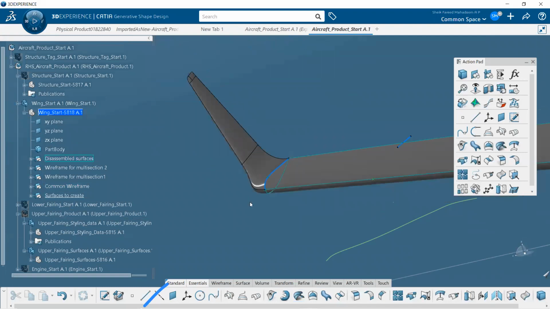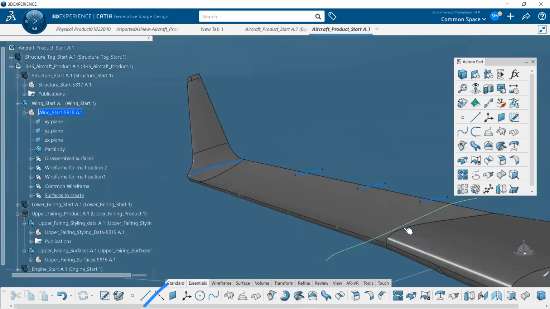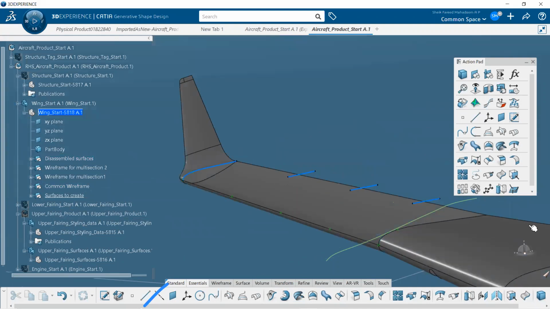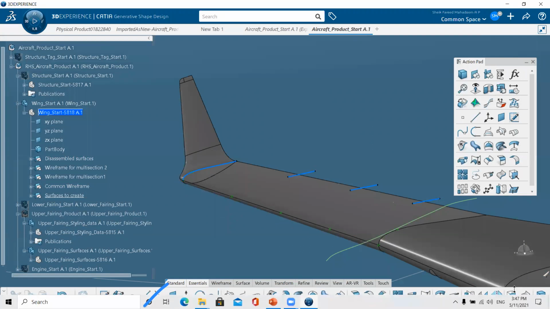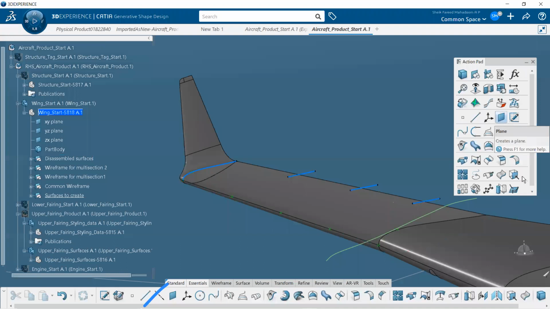Now we have to create the profiles that need to be created for the multi-section to close both these surfaces. For that, first of all, we have to create the planes on these 3 points. To create the plane, click on the plane over here.